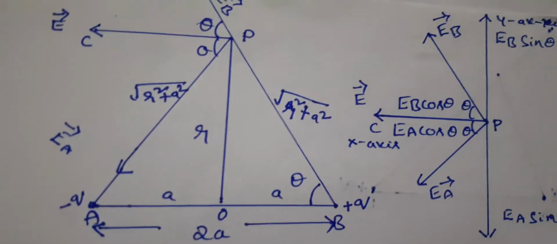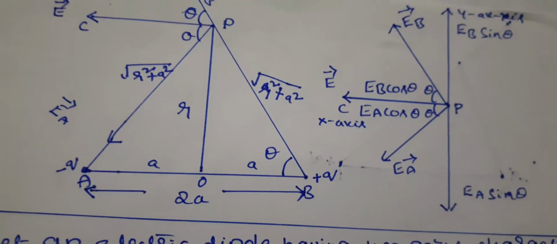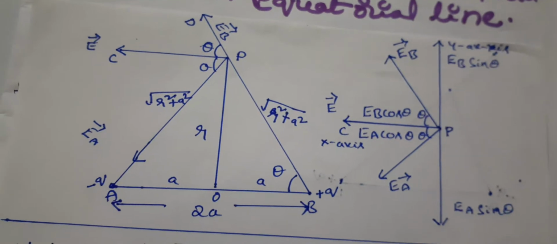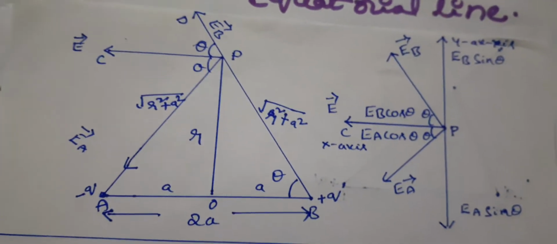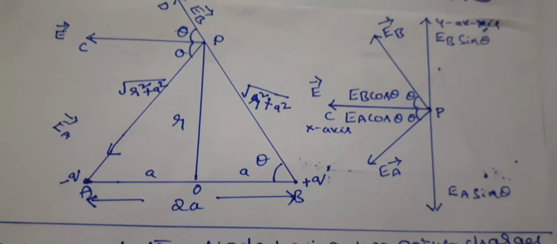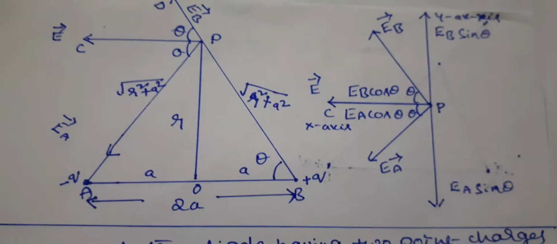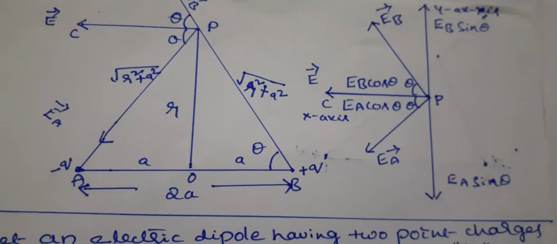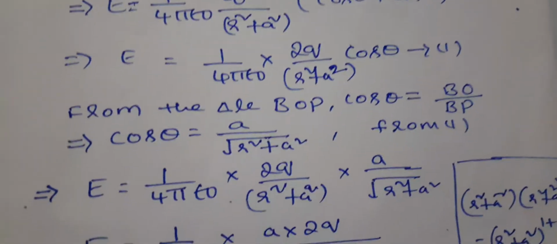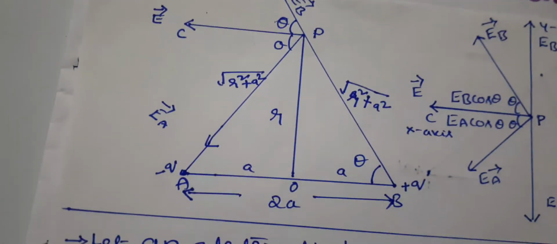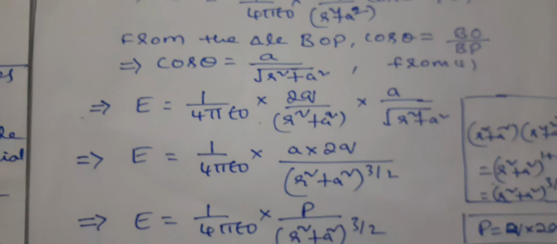Now to derive the expression for cos theta, we are taking a triangle. So the triangle, students, here BOP. The intensity of the electric field E bar B and the axis of electric dipole are separated by angle theta. You may take theta in the triangle AOP also. So you may take the triangle AOP or BOP. Now here we have taken the triangle BOP. So cos theta equals adjacent side by hypotenuse. The adjacent side to theta is BO and the hypotenuse is BP. So now we can get cos theta.